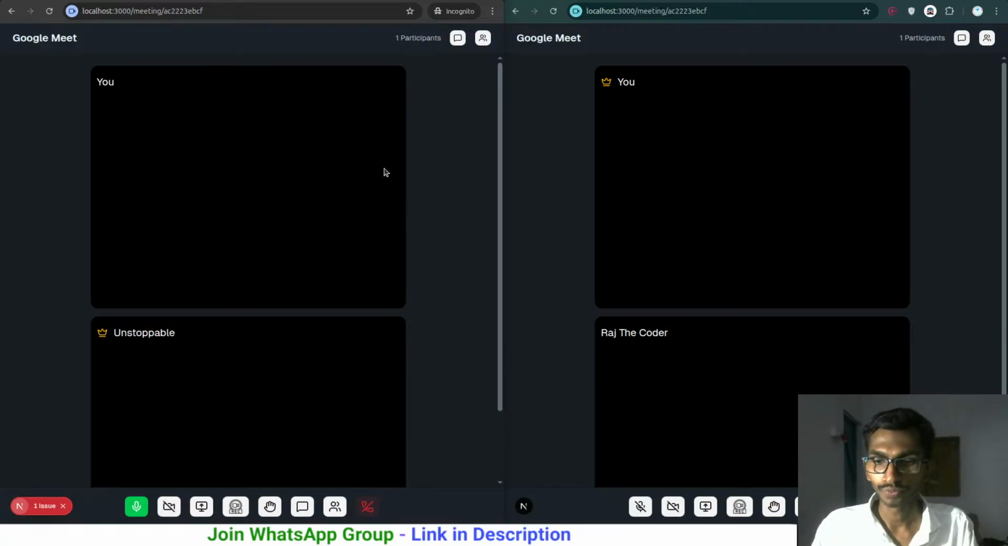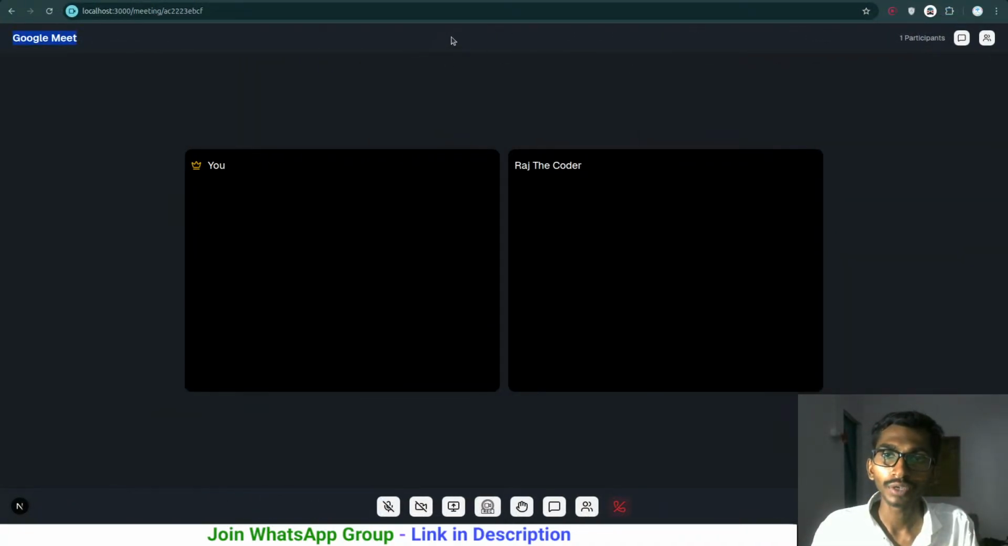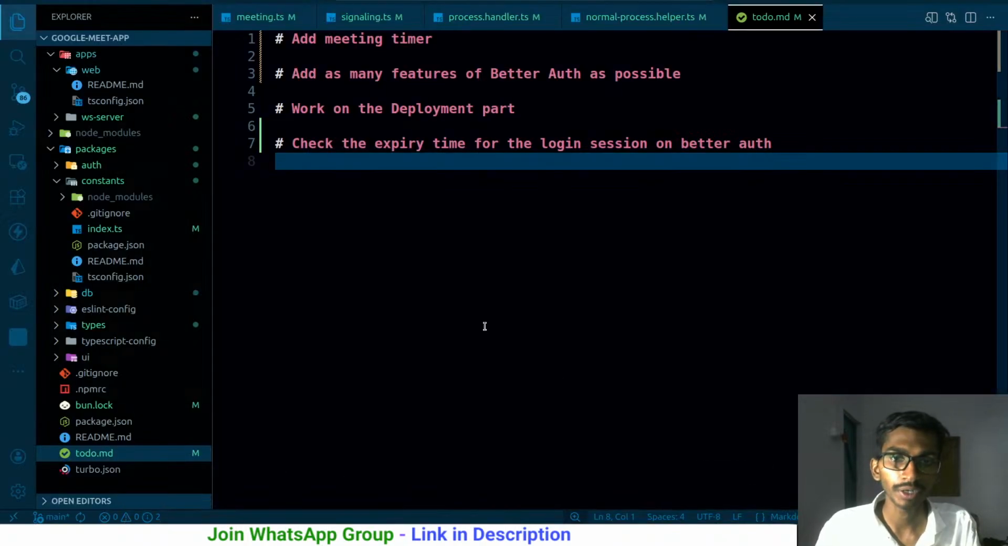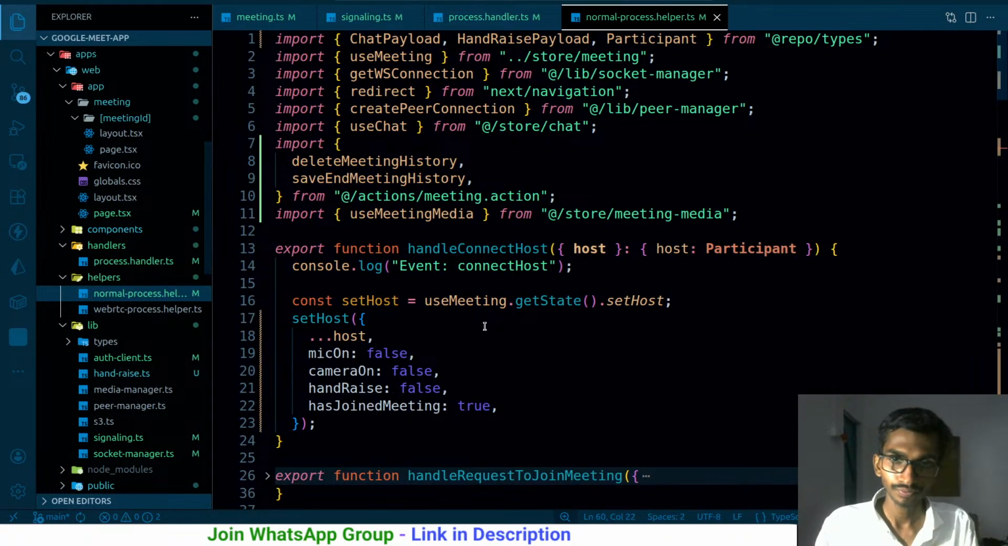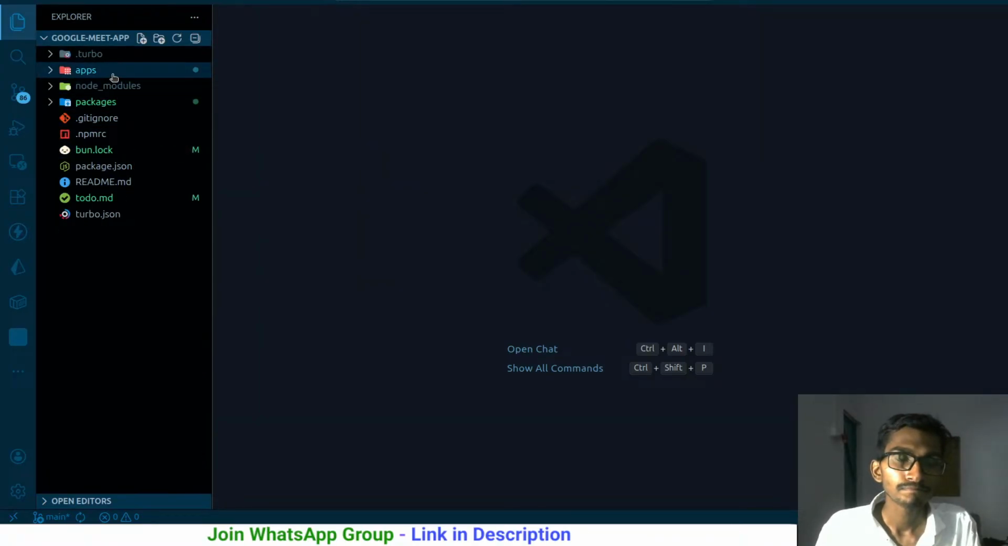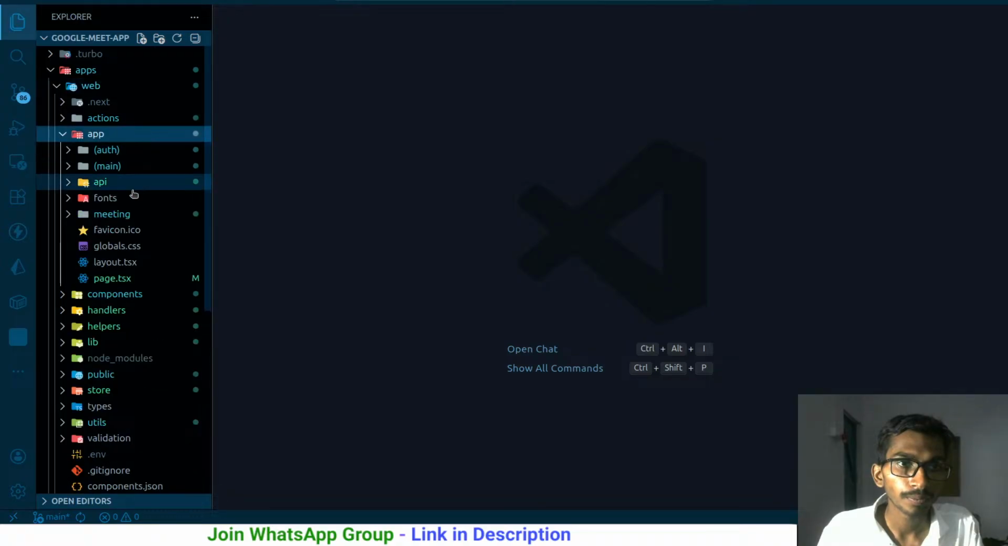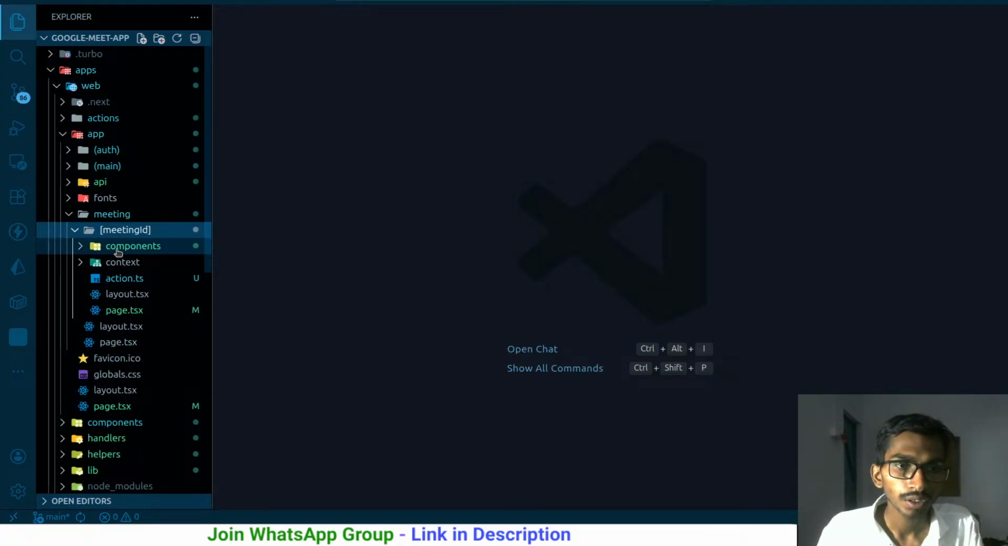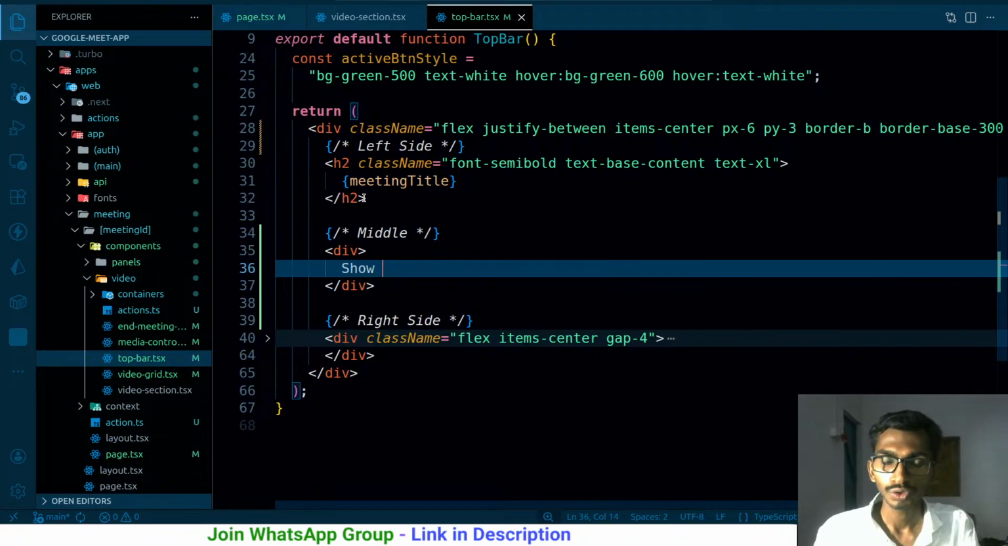Pretty simple. So ultimately what I have to do is, on the nav bar somewhere in the middle, the timer should be shown, or probably, yeah, let's simply show the timer at the top. That doesn't really matter. So let me close everything and go to the nav bar of the meeting. Ultimately that is the top bar. So if I go to apps, web, app, meeting ID, components, show ultimately, suppose 10 hours